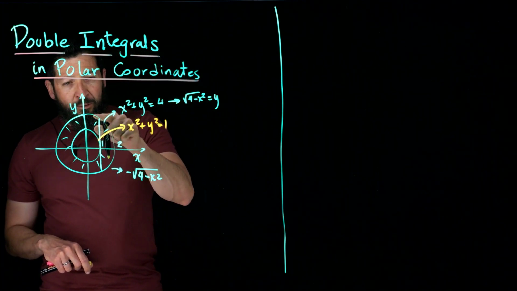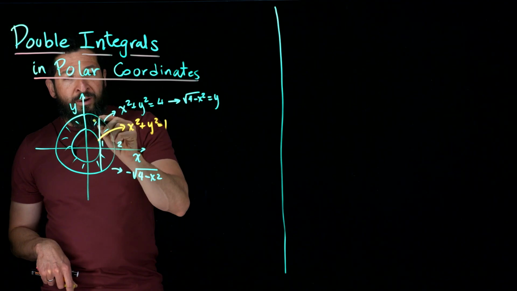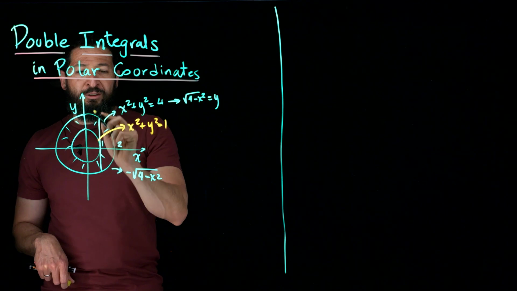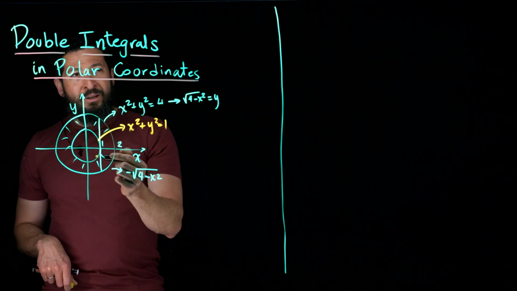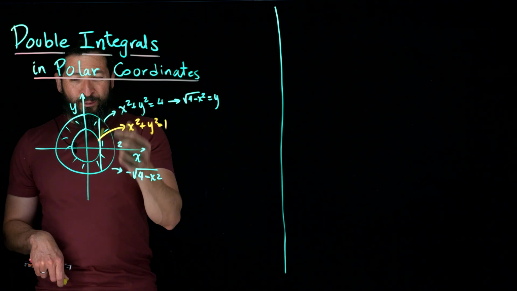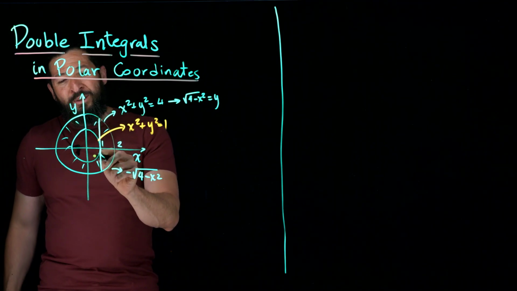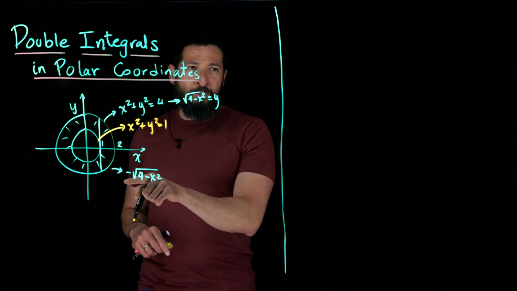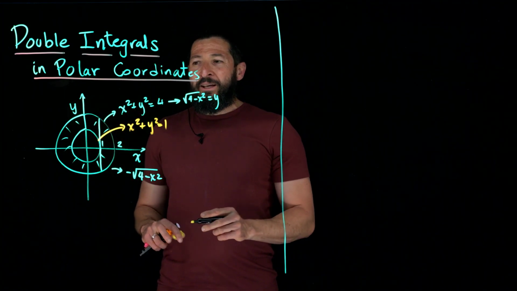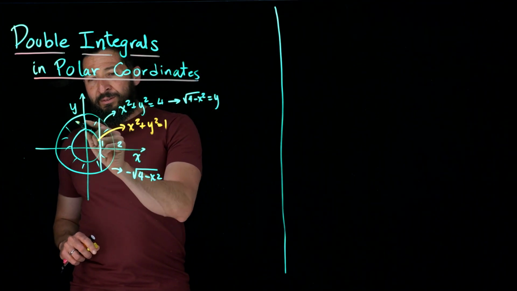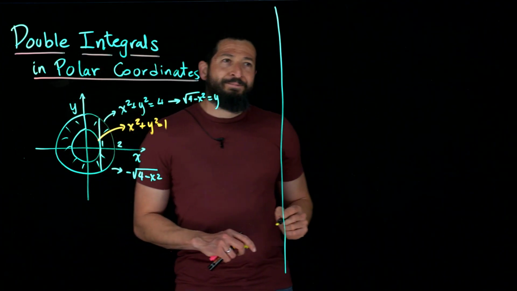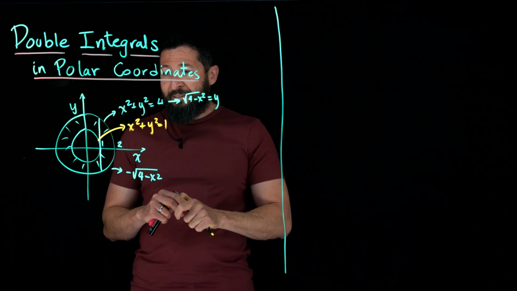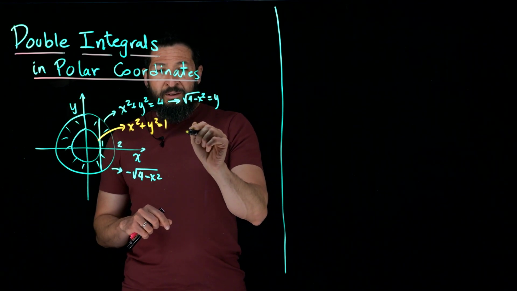Then in this little region, you would be going from the positive square root of 1 minus x squared to the positive square root of 4 minus x squared. In this other region, you'd be going from the negative square root of 4 minus x squared to the negative square root of 1 minus x squared. Did I already convince you that this is not very suitable for rectangular coordinates? It would give you 1, 2, 3, 4, 5, 6 integrals. Not very nice. However, if you write that region in polar coordinates, the radius is going to be from 1